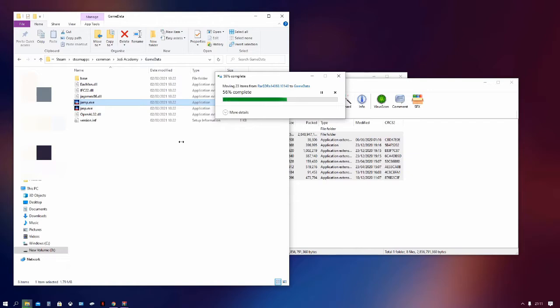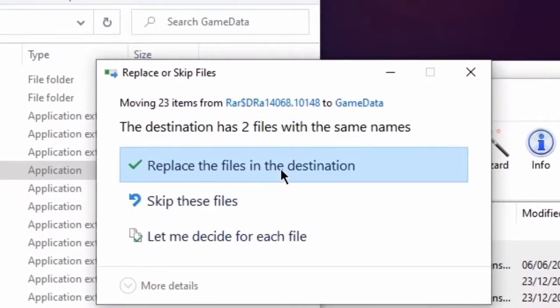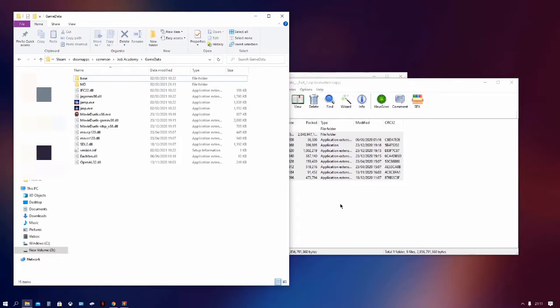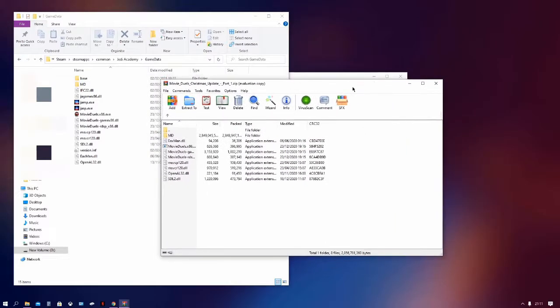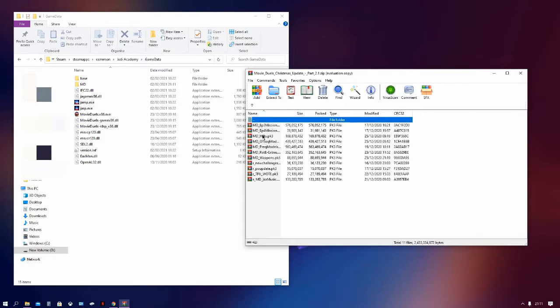Of course, we've still got the second parts to install as well, so we've just got to go ahead and wait for those to be fully dragged across. There we go. Just conflict in files, make sure to of course replace them in the destination, and there we go. And now once that's done, we can close Part 1,